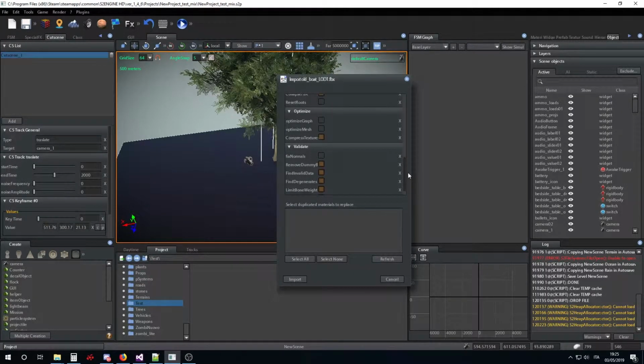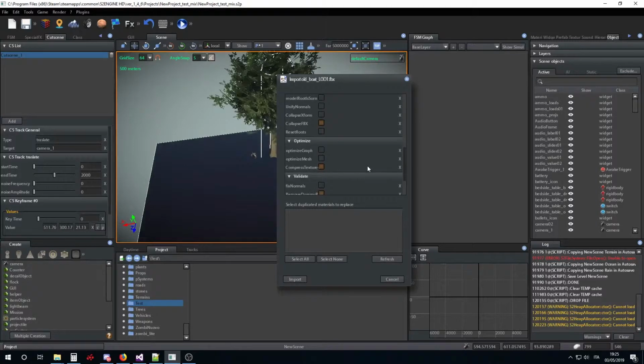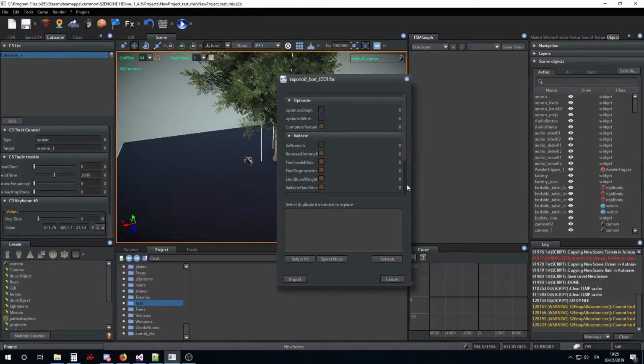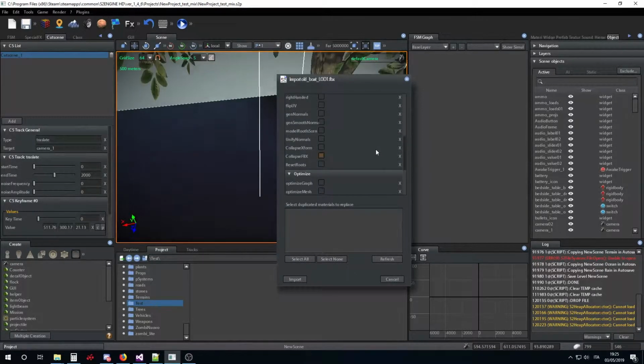Validate is often used for validating the model data, for correcting errors and things like this. Okay, now I click on import,